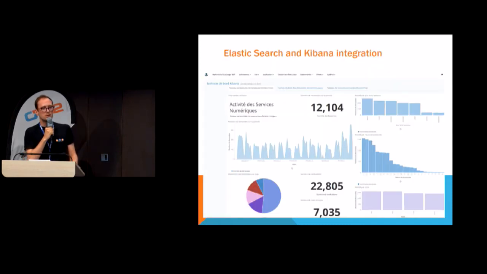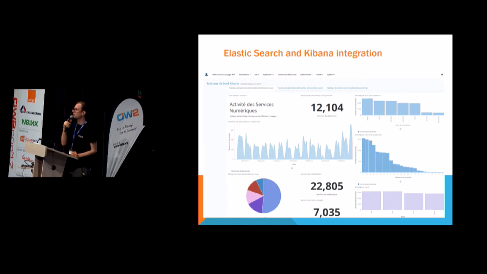Apart from the upgraded dependencies, we have a few highlights for this release. We have a brand new integration of Elasticsearch and Kibana. This allows you to use plugins to write your data from the portal inside Elasticsearch and display pretty graphs in the back office where you can manage everything. And this integration allows you to coordinate the roles and the rights from the portal users to the charts that you get from Kibana.